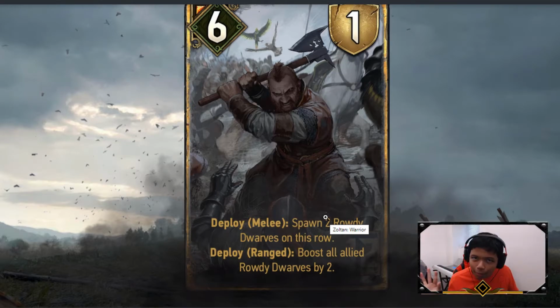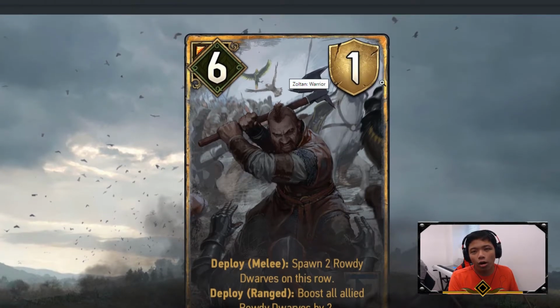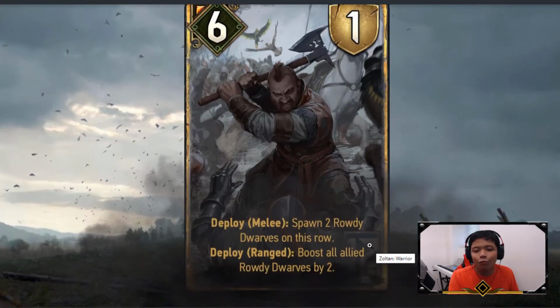Otherwise, that'd be ultimate power. So unless you evenly spread your dwarves, I think you should be fine, because this card affects every rowdy dwarf, whether it's on the melee or ranged, or both. But at 12 provision, 6 power, 1 armor for 7 overall life, it's still a really expensive card to have,